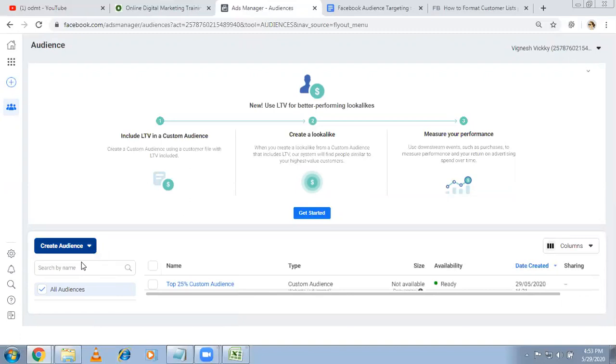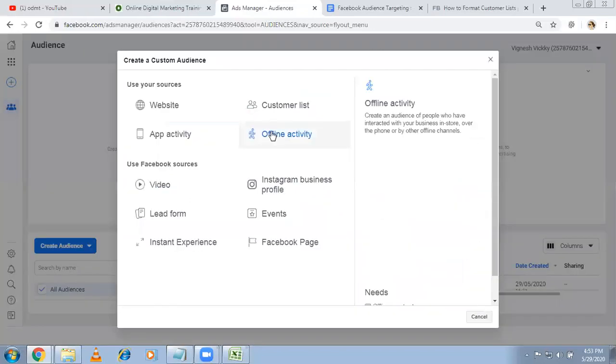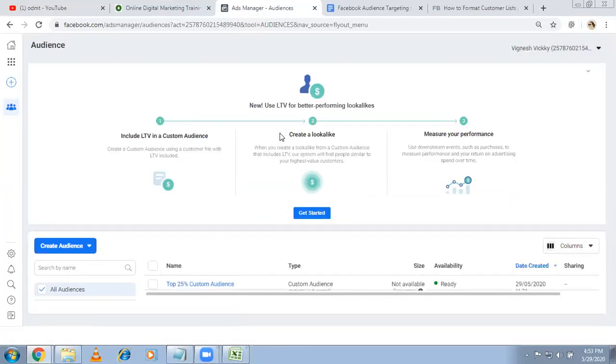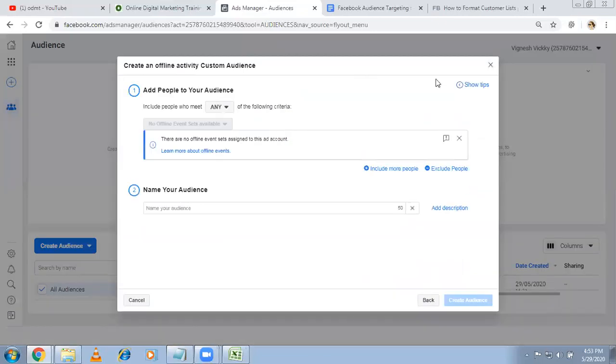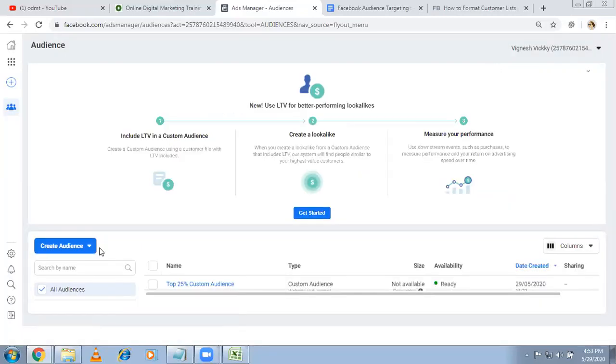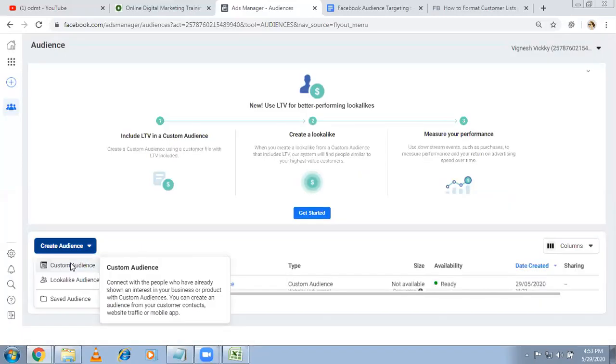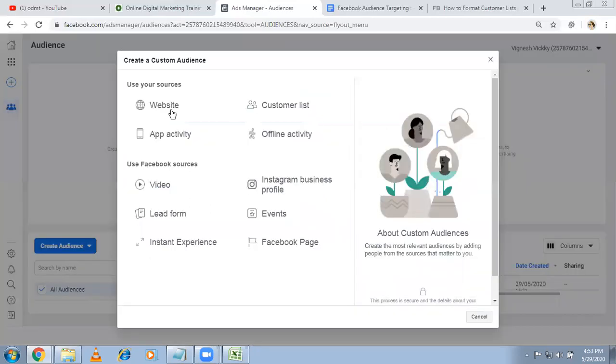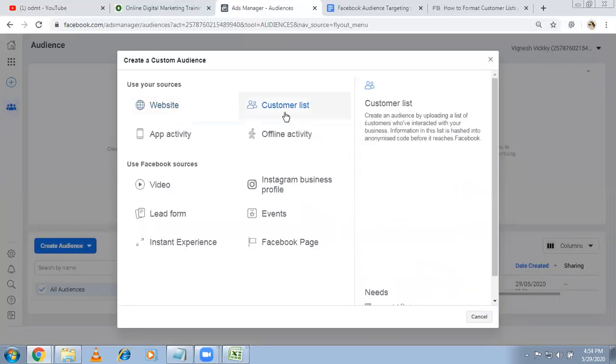Custom audience. Offline activity. So what is offline activity? Assume that you have a physical store you're running and people are coming and they're buying your product directly. At the time you're taking their phone numbers. So those kind of information also you can upload from here. With that also you can create a custom audience. Okay, mostly in the custom audience, these are important actually. Website visit is very important, but you already have a MailChimp, you extracting the data, that is also important. This is from your sources.